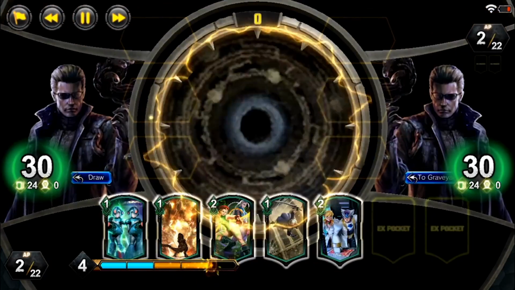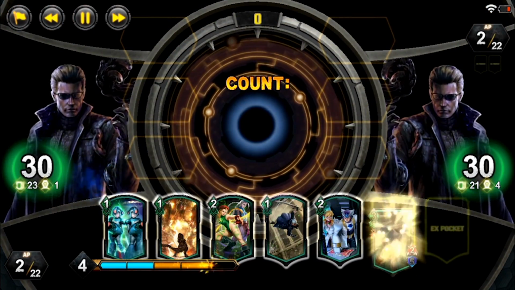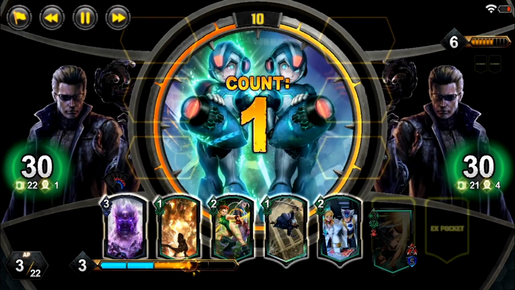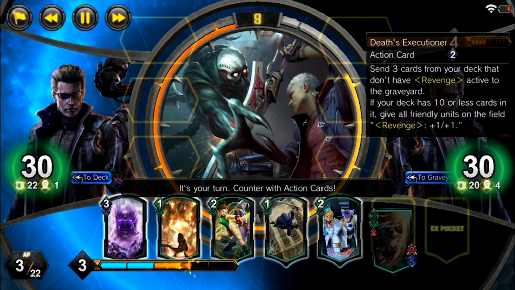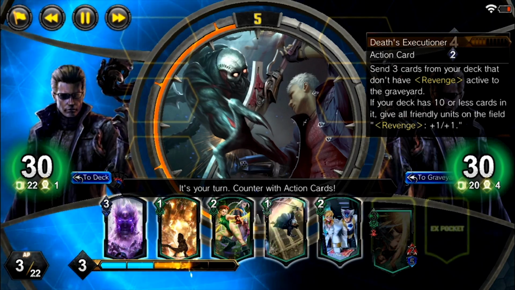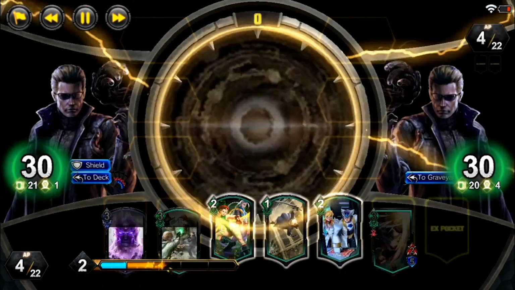And so Death's Executioner tells me that this is going to be the self-mill variant of the deck, which can be scary because that deck can come online really, really fast. But so can ours. We just have to be faster. Another Death's Executioner as we attempt to use A-Trans and make another copy of this Cammy, which is exactly what we want to do. And we're going to end on the Raging Dust Cloud here